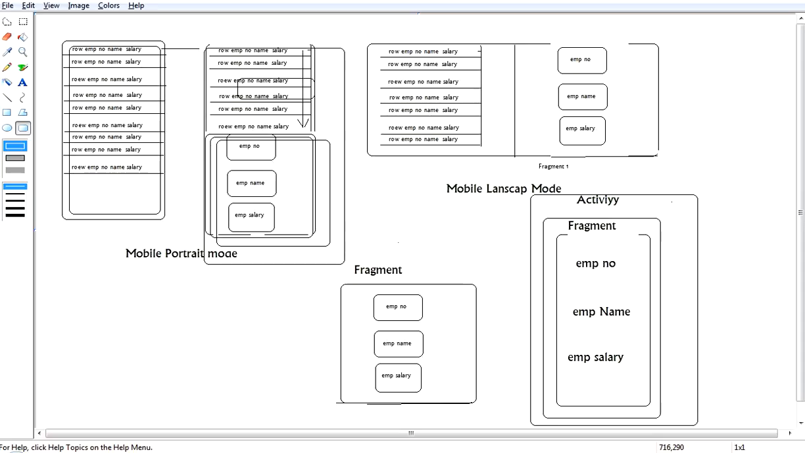Now comes the landscape mode. Here, see here, I am not placing it below the list view row. When it is landscape mode, this